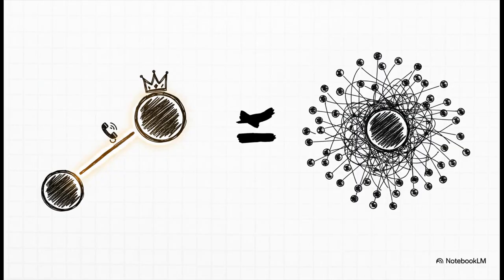I mean, to put it as simply as possible, having one single, direct line to the kingpin is worth way, way more than having dozens of connections to a bunch of low-level players on the street. It's not about the quantity of your links. It is all about the quality.